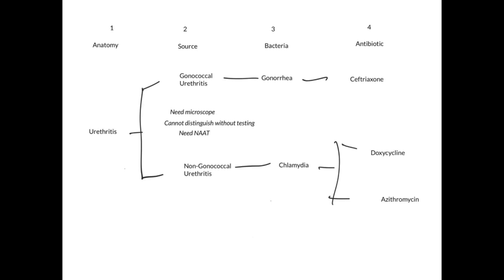So in this case, testing won't come back. We certainly don't have a microscope, but most importantly, you cannot make the distinction without testing. So if somebody comes in who's not reliable for follow-up, you've got to treat them for both gonorrhea